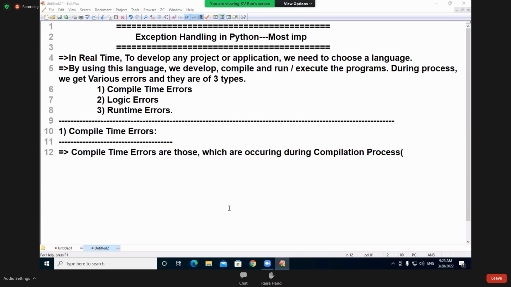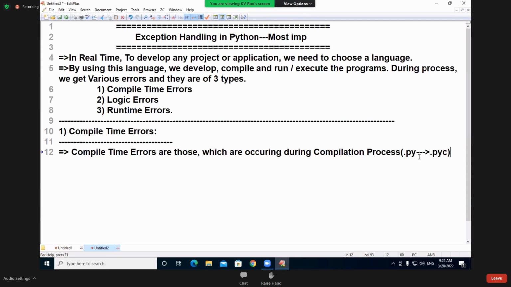Right. Umesh? Fine. So that means you are not practicing your programs properly. Converting .py into .pyc is called which process? Compilation process. Did I explain or not? I explained it in the interpretation level only.